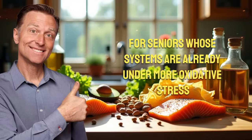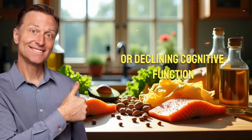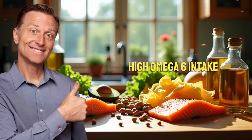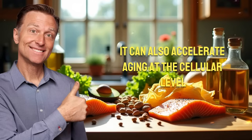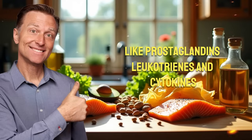For seniors whose systems are already under more oxidative stress and who often struggle with joint pain or declining cognitive function, adding fuel to the inflammatory fire can have serious consequences. High omega 6 intake without a corresponding omega 3 correction can worsen stiffness, swelling, fatigue, and brain fog. It can also accelerate aging at the cellular level by increasing the production of pro-inflammatory molecules like prostaglandins, leukotrienes, and